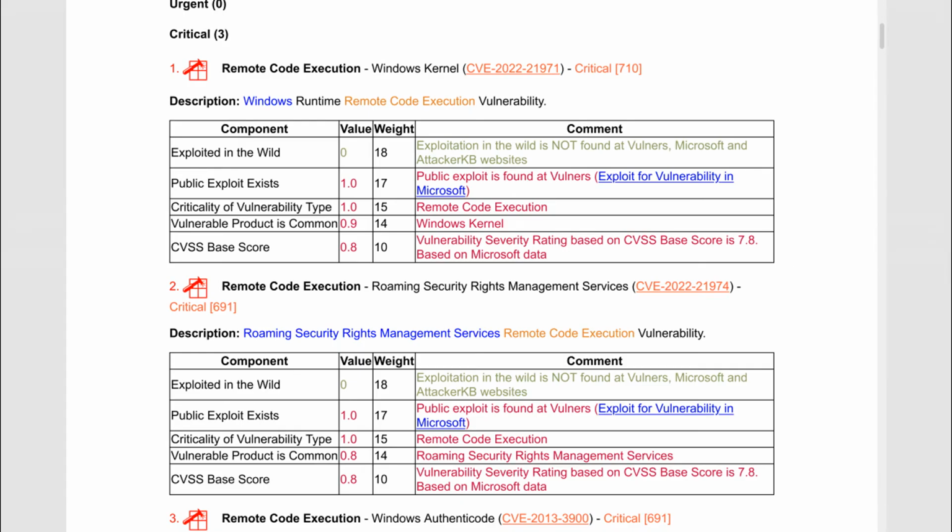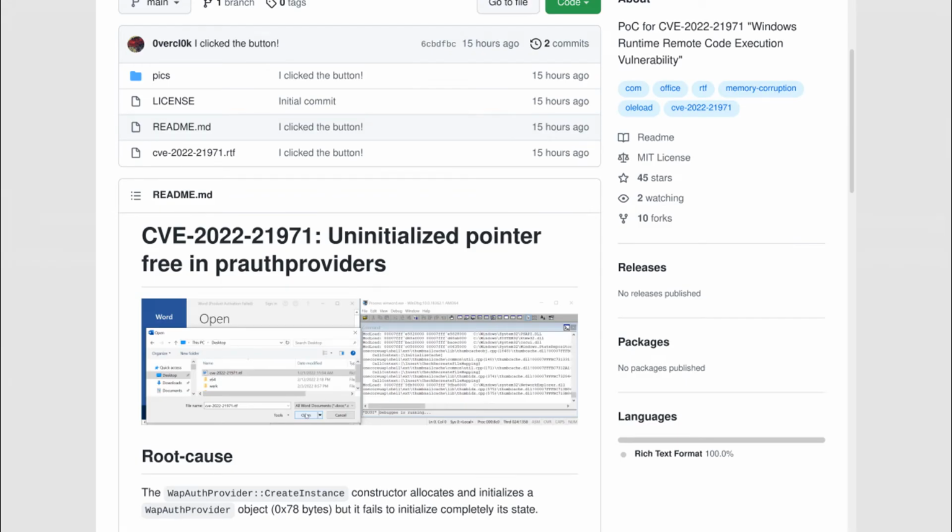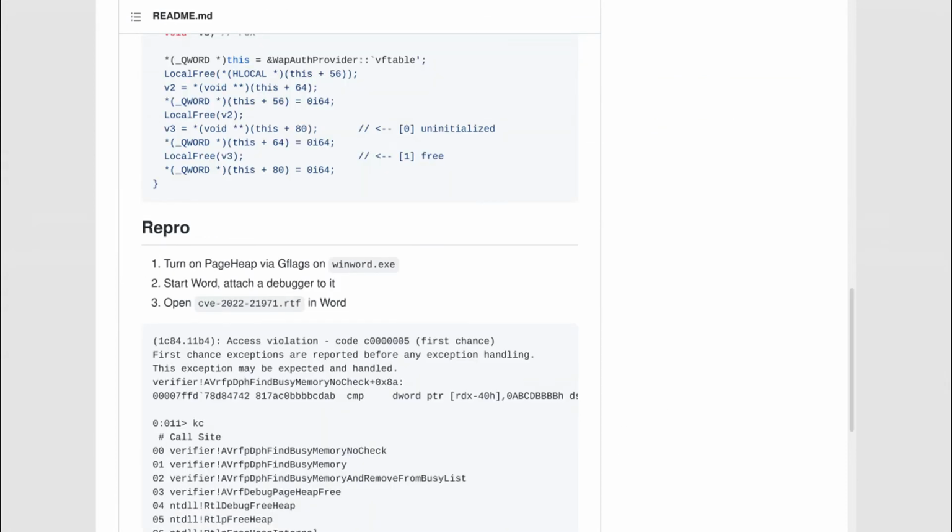Remote code execution in Windows kernel Windows runtime, CVE-2022-21971, and remote code execution in Roaming Security Rights Management Service, CVE-2022-21974. Both of these vulnerabilities were not mentioned in the Patch Tuesday reports released by vulnerability management vendors. However, their criticality has increased due to the publication of exploits on GitHub. These exploits were published by the same